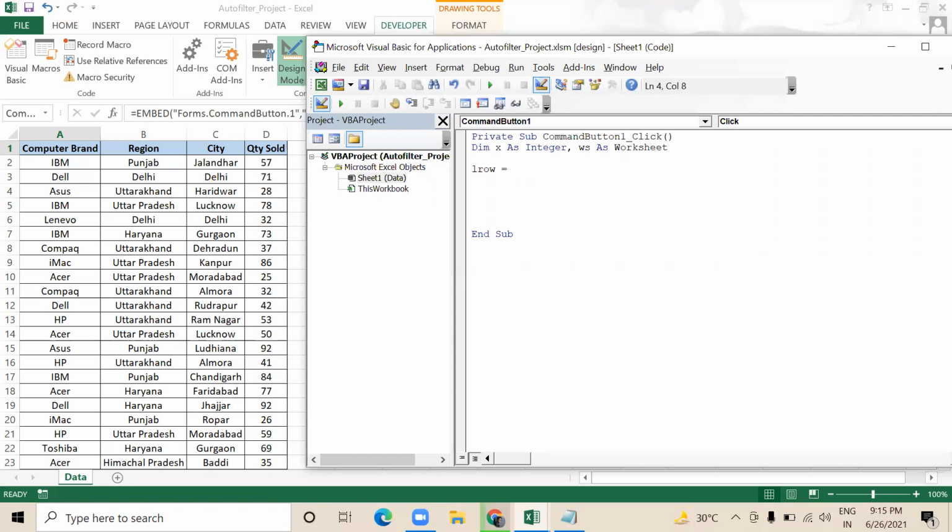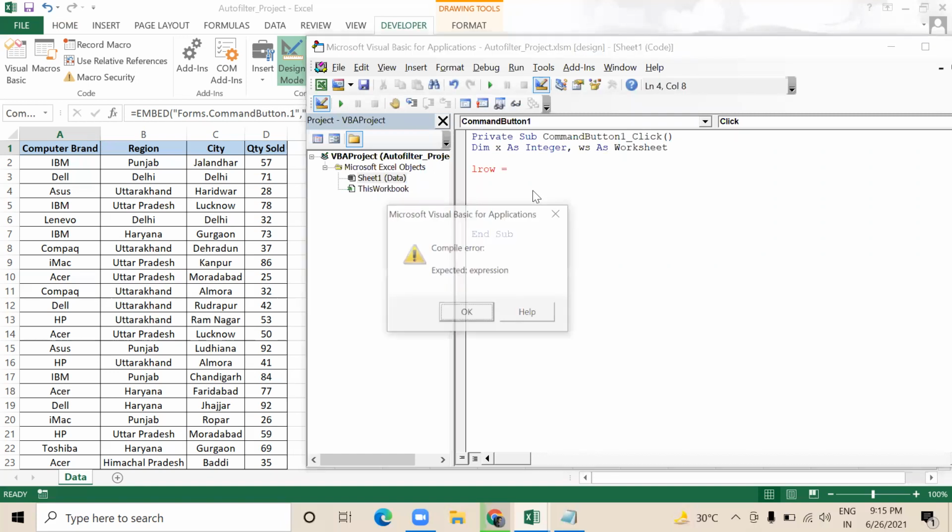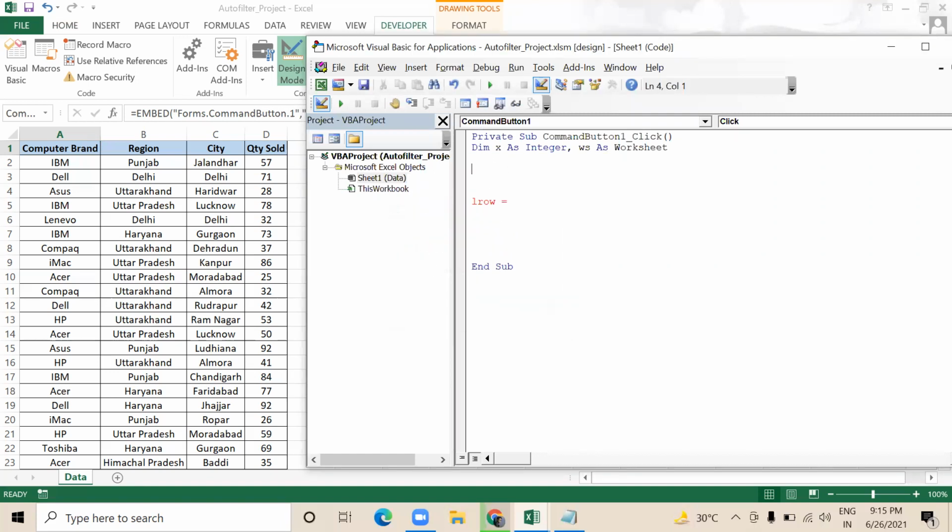First, let me define the sheet. I'm saying WSD equals Sheets data. The name of my sheet is data, which is written here, so I have defined it as WSD and the Set keyword will be used here.